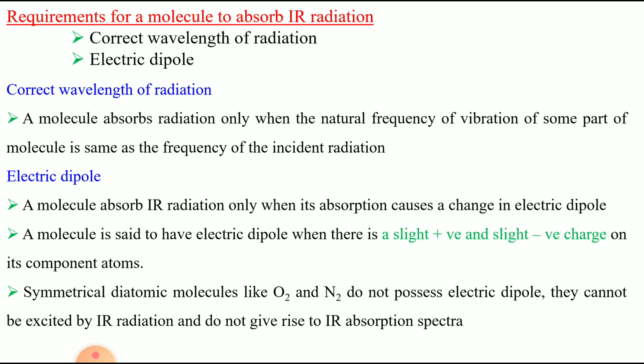So here, the bonds which are IR inactive are the diatomic molecules, and the molecules which have centrosymmetry are IR inactive. So these are the different requirements for a molecule to absorb IR radiation. So this is your